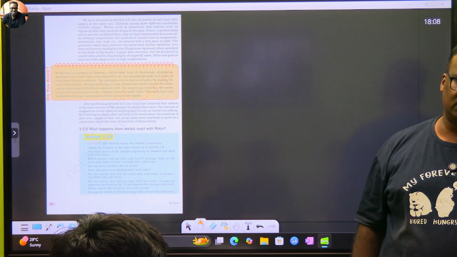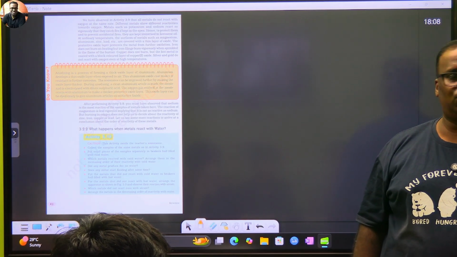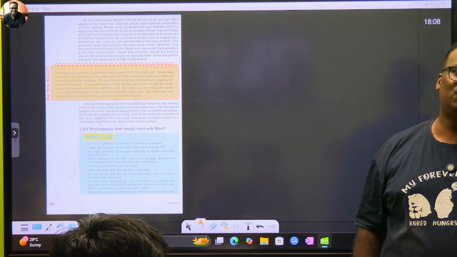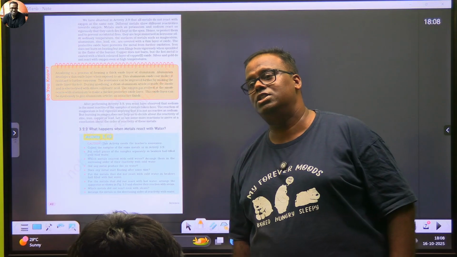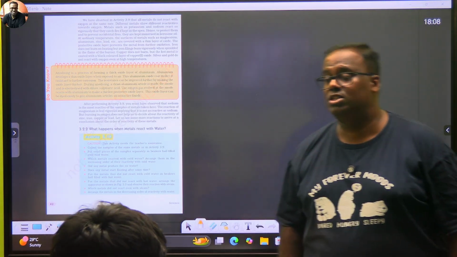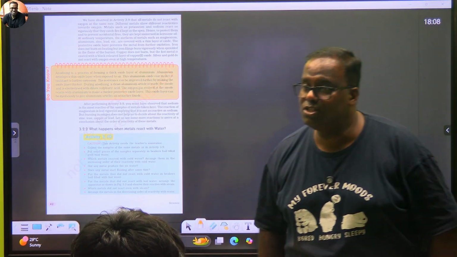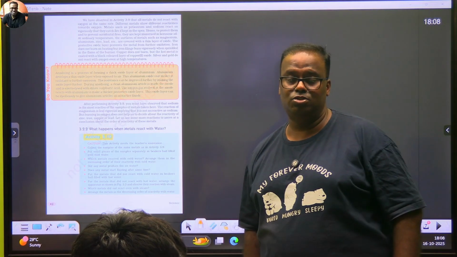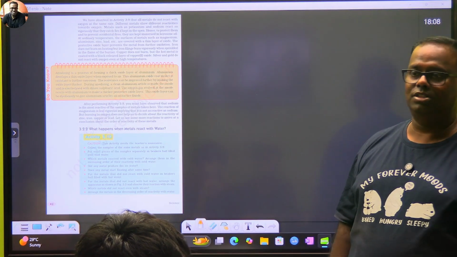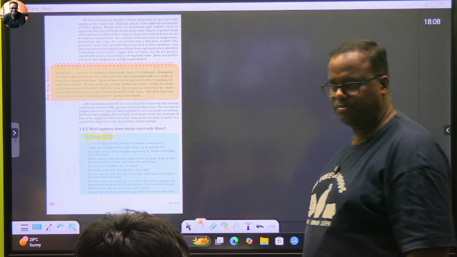Sorry, Cu2O is the lower one. Cu2O is cuprous and CuO is cupric. We don't write all this in IUPAC. Now we write copper 1 oxide, copper 2 oxide. Copper 1 oxide is Cu2O. Oxygen's oxidation number is -2. Copper's oxidation state is +1. There are two coppers, so copper's oxidation state is +1. Good. Clear?